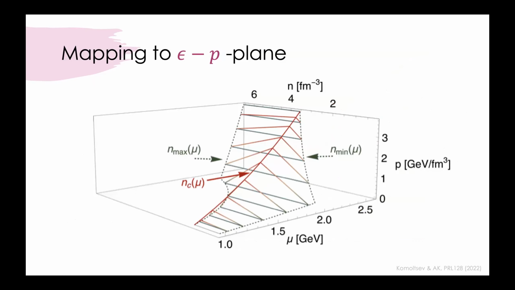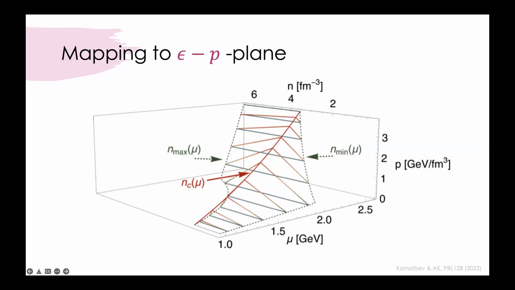Now, this whole thing, you should actually think of in terms of a 3D volume. This is now putting the allowed values of pressure on the z-axis. If you look at this from above, that resembles the picture on the previous slide. And so the equation of state must somehow be inside this volume, and if it goes anywhere close to the edges, it has to do something very drastic.